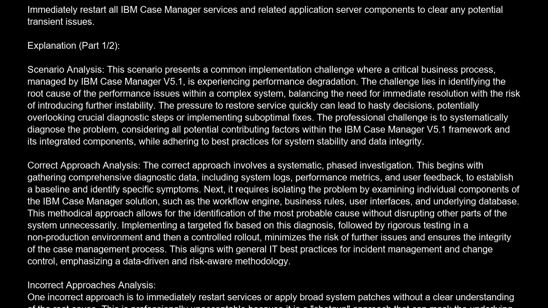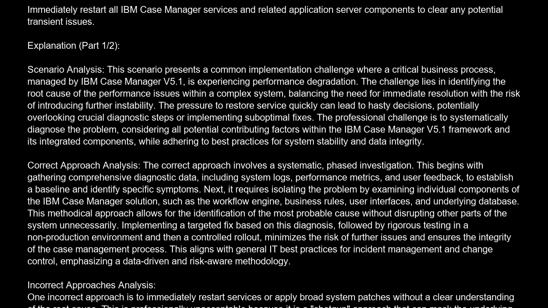The correct answer is A. Immediately restart all IBM Case Manager services and related application server components to clear any potential transient issues. Explanation. Scenario analysis. This scenario presents a common implementation challenge where a critical business process, managed by IBM Case Manager